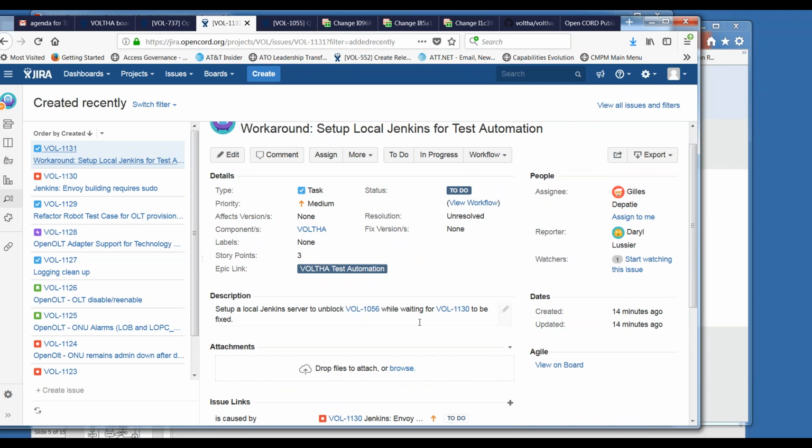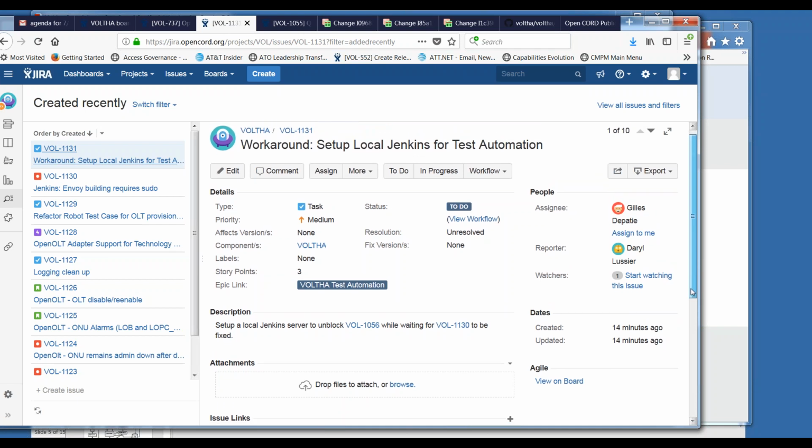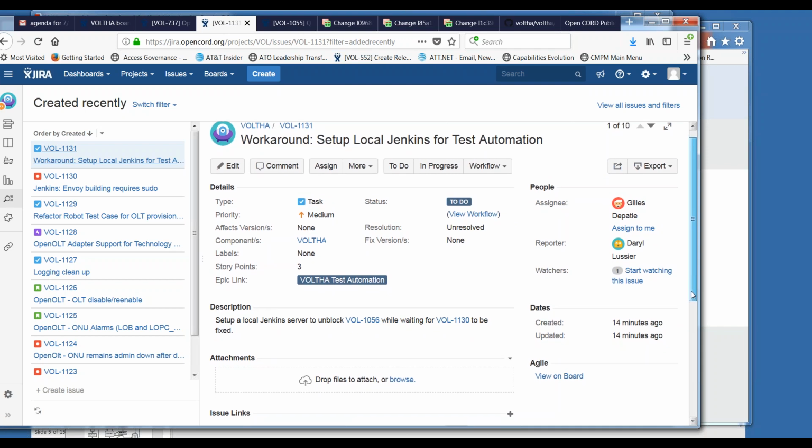So this one I think we can leave outside the sprint right now because this is pending the fix for 1130, and we'll just keep watching this in the background as needed. Any questions on this issue or task? All right, I am not hearing anything.